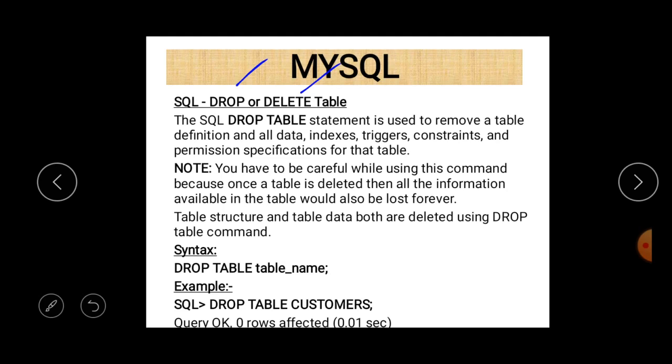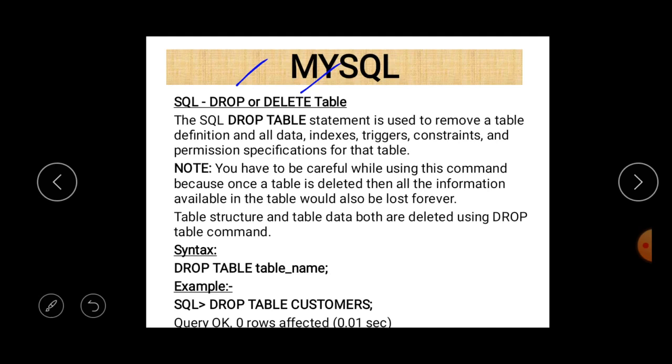It means if you want to delete the whole table, then you must use the drop command. And if you want to delete particular data in a table, then you can use the delete command. That is the basic difference between the drop and delete table commands.